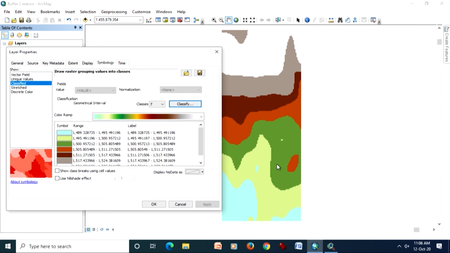So as I mentioned, equal interval is the most popular or easiest to understand, but sometimes for many types of analysis that may not be most appropriate. We also discussed this while discussing the theory part of attribute classification. So this basically brings to the end of these two demonstrations about buffer and classification.